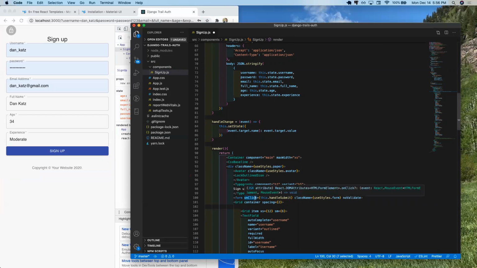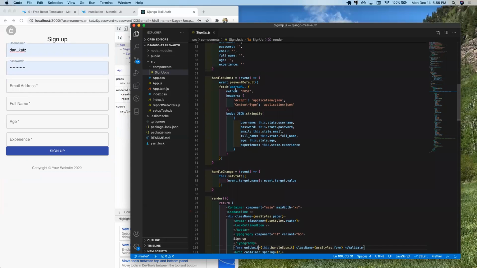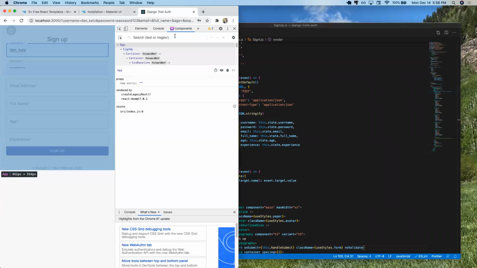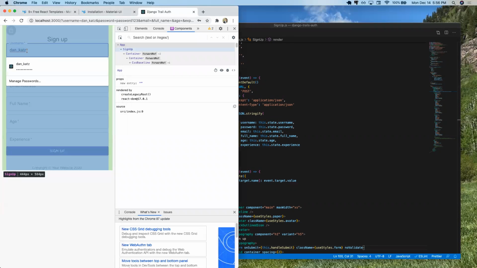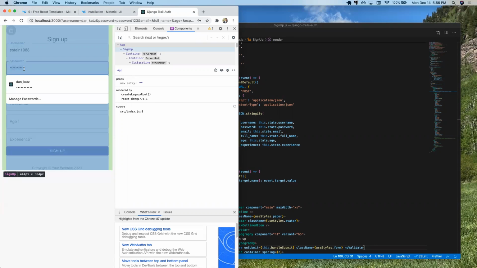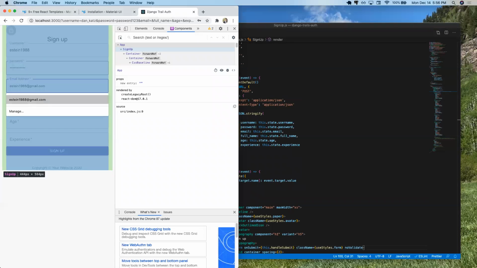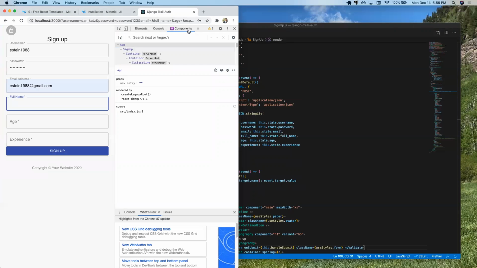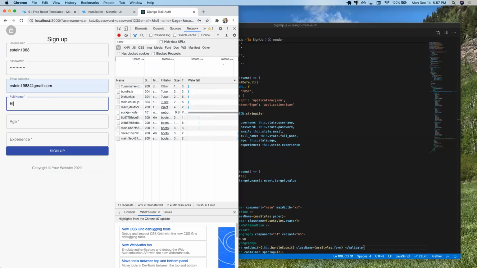This should not be onClick. It should be onSubmit. So once I submit the form, then handle the submit function like so. So let's try someone else, Eastine 1988, password 123, Eastine 1988, and let's check over to the network tab, and let's say Elliot Stein, and maybe let's do 86